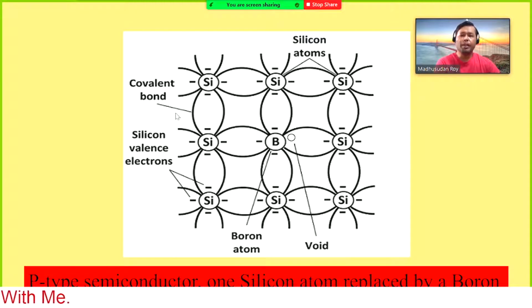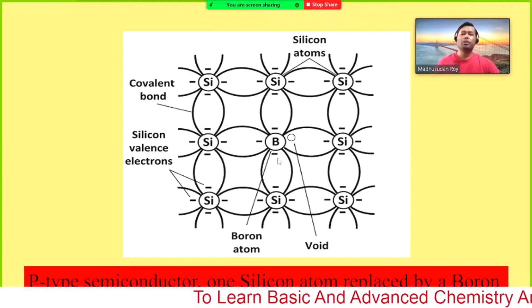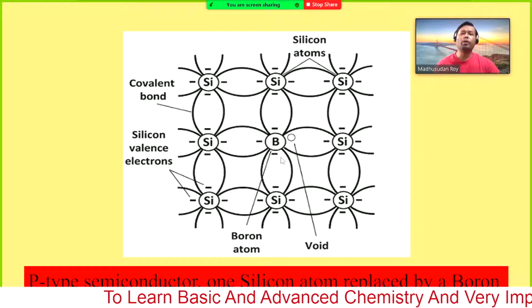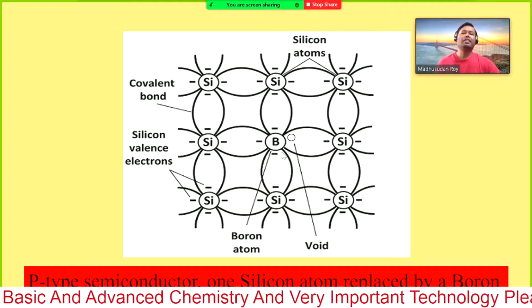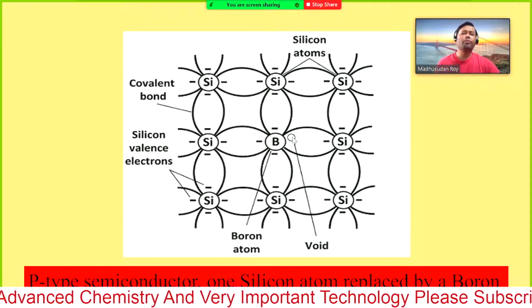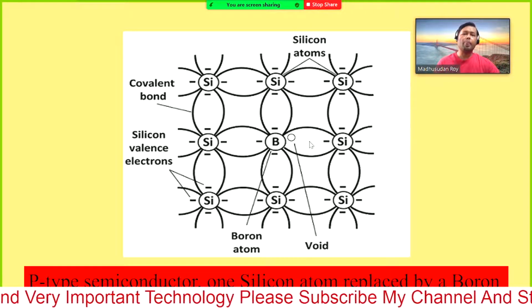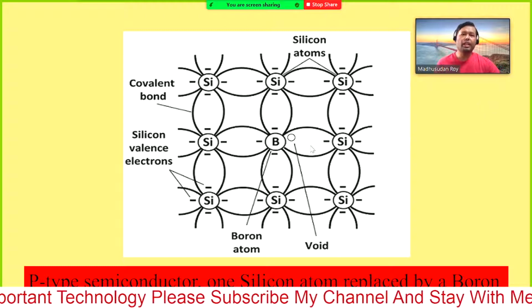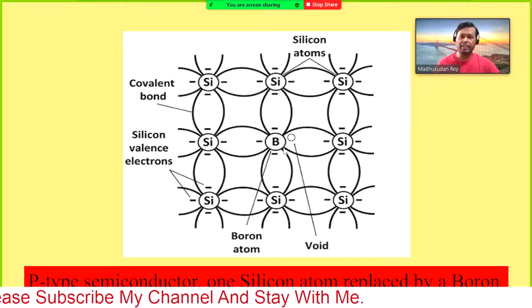If you have some repeating unit like this, one boron and some other silicons outside, and other boron atoms in other repeating units, they will have a lot of free holes. Therefore, when you apply the potential difference,